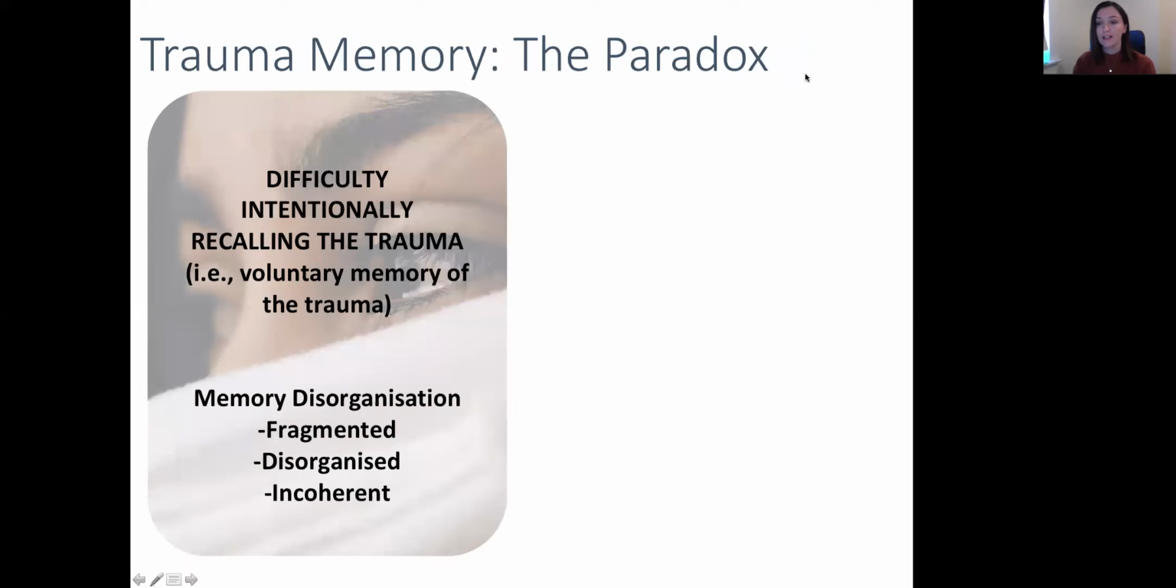So we know from clinical observations that people who experience trauma may paradoxically struggle with both the voluntary and involuntary memory of the trauma. On the one hand, they may have great difficulty in intentionally retrieving a complete memory for the traumatic event. Further, they may report the memory as being fragmented, so having parts missing. They may also struggle to remember the temporal order of events and have an overall incoherent account of what actually